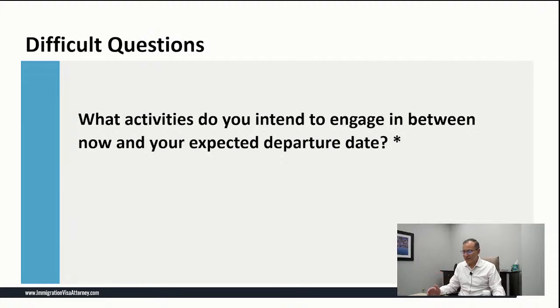I intend to do activities within my allowed visa, and I have no intention of doing any activities outside my allowed visa. So that's a question that I find to be